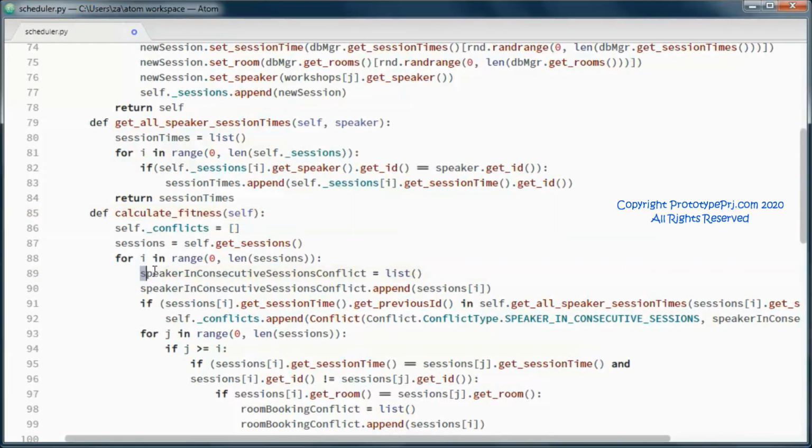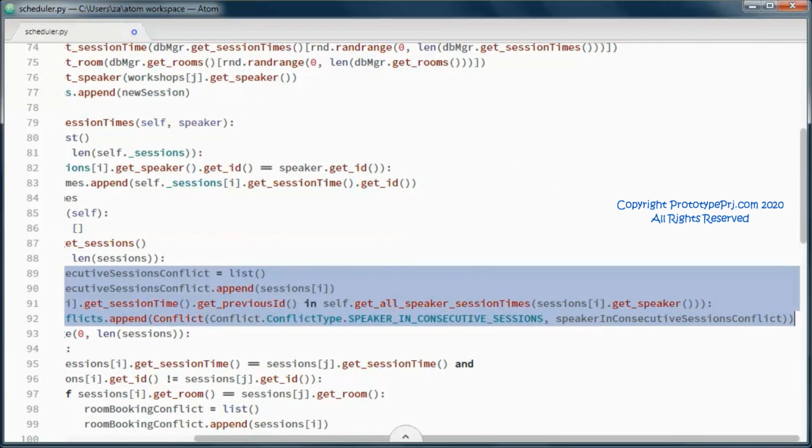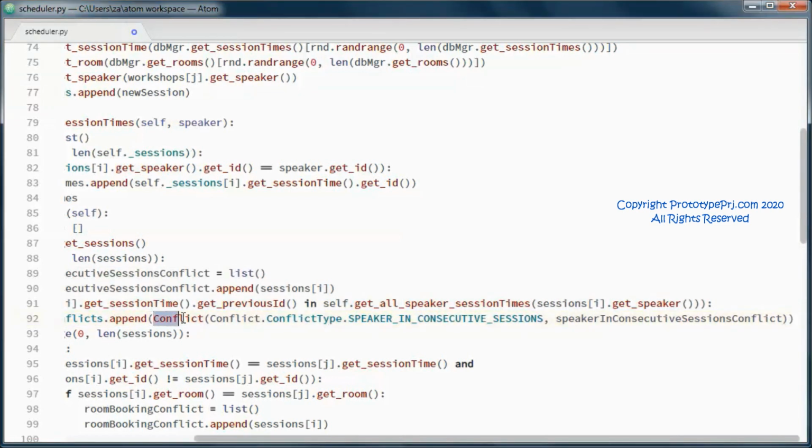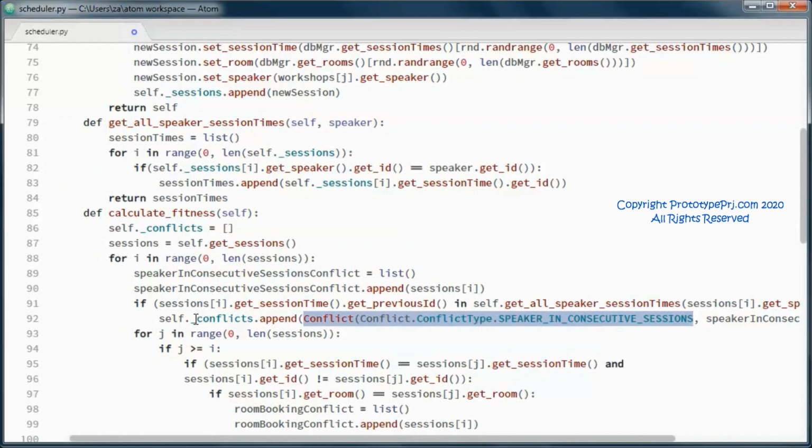So here we are checking if we have a speaker scheduled for consecutive sessions, and if so, we instantiate a conflict of the type speaker in consecutive sessions and append it to the conflicts.